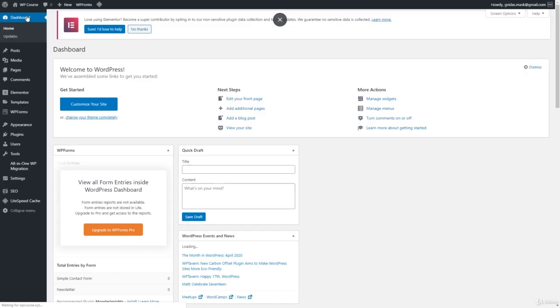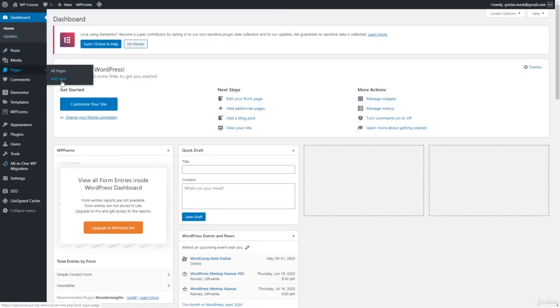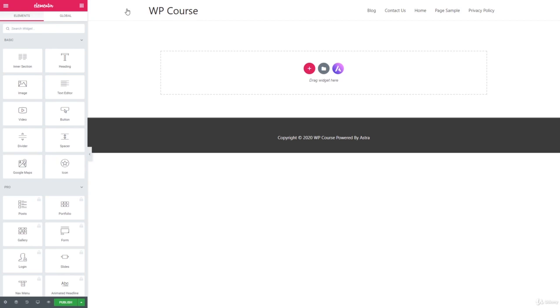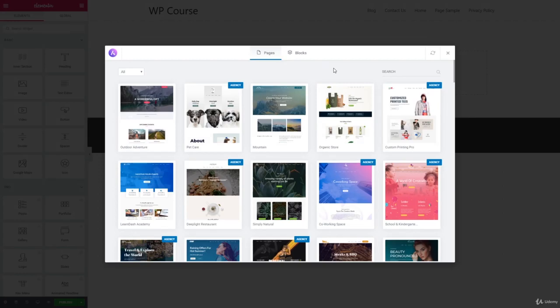Let's click right here and let's click Pages, click Add New. So just add a title to your page and let's click Edit with Elementor. Alright, so just like the previous time, instead of using elements, let's click right here and we can choose the template which we want to use. So I guess I will use the same template just like the previous time, but this time I will choose